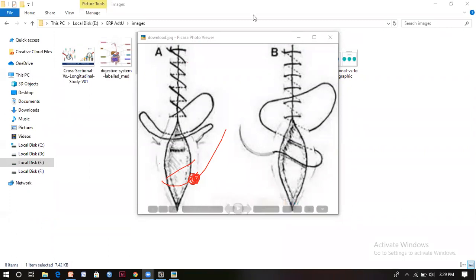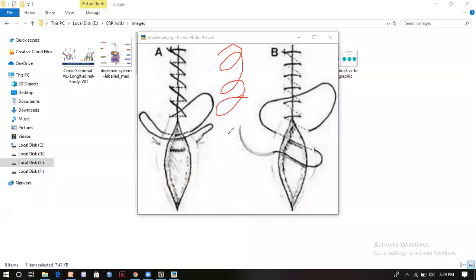Okay, and then we have various other kinds of suturing. Okay, some kind of suture used to be like this. Round, round, round. They used to go round, round, round. That one also, the thing is same. Okay. In this also, you are going to hold this portion and you're going to cut this portion and you're going to pull it out. Okay. The thing is the same. You're going to hold one end and you're going to pull it from the other end. Okay. After cutting.